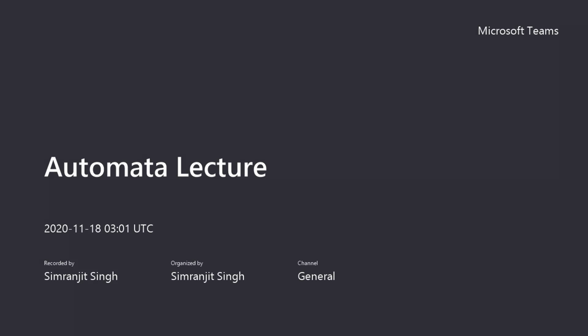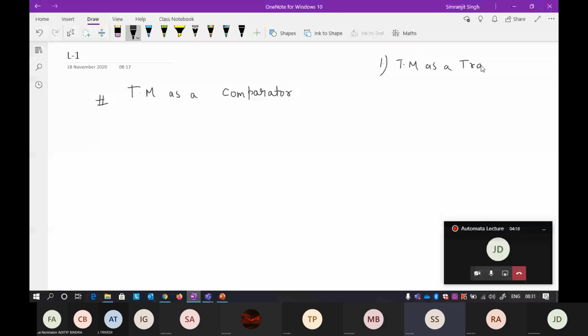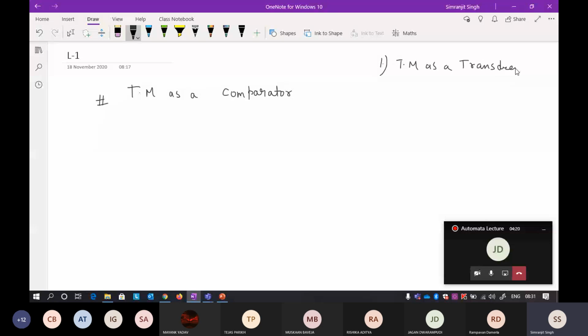as a transducer. Okay, so Turing machine acting as a transducer. And the second one that I will tell you in the question is already given in the tute, that is Turing machine acting as an adder, as well as there is another type of Turing machine that is acting as a copier. Okay, so these two questions will already be discussed in the tute. This is already discussed. Okay, so there was one doubt that I told you that I will tell you about this in the next lecture.